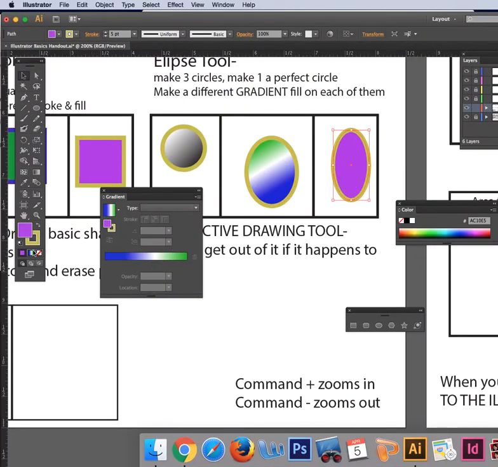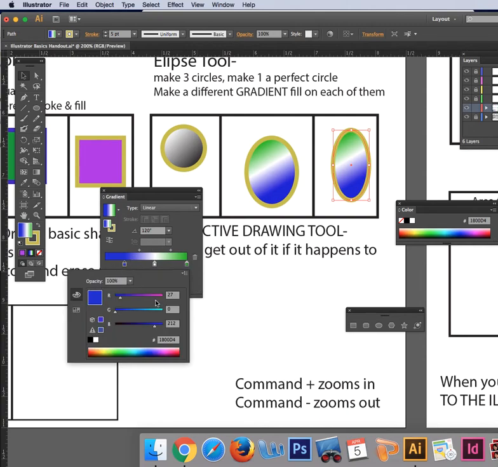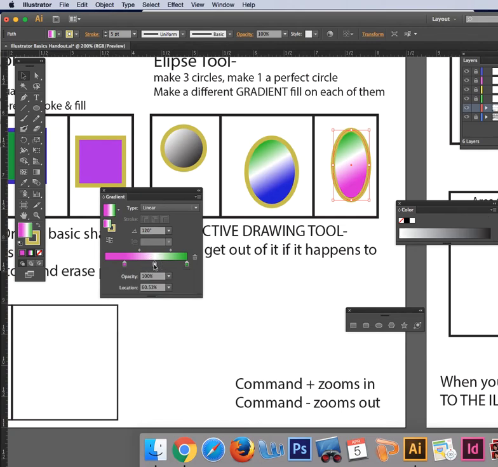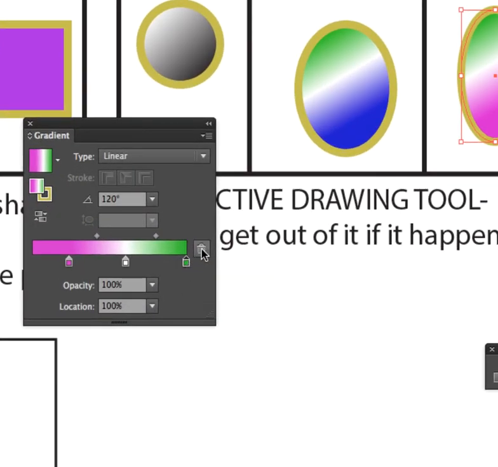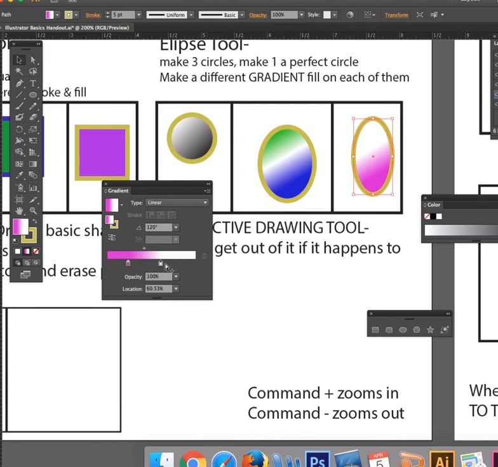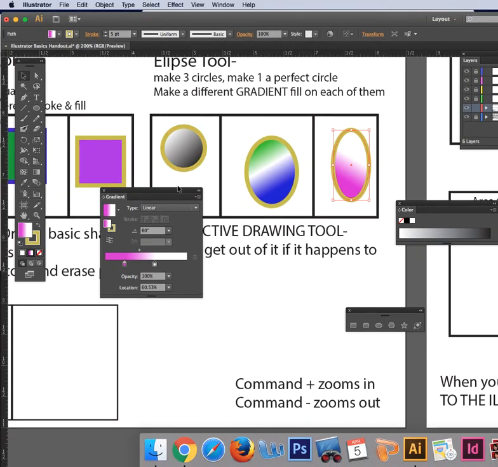So for this, I'm going to go into gradients in more detail later, but for now, what I'd like you to do, and you can see every single time I do this, it just defaults back to the old gradient. But what I'd like you to do is create several different gradients. Now let's say I have a color and I don't want it anymore. You just click on it and hit the garbage can and it's gone. So that's how you play around with the circles, and that's how you play around with gradients and stroke and